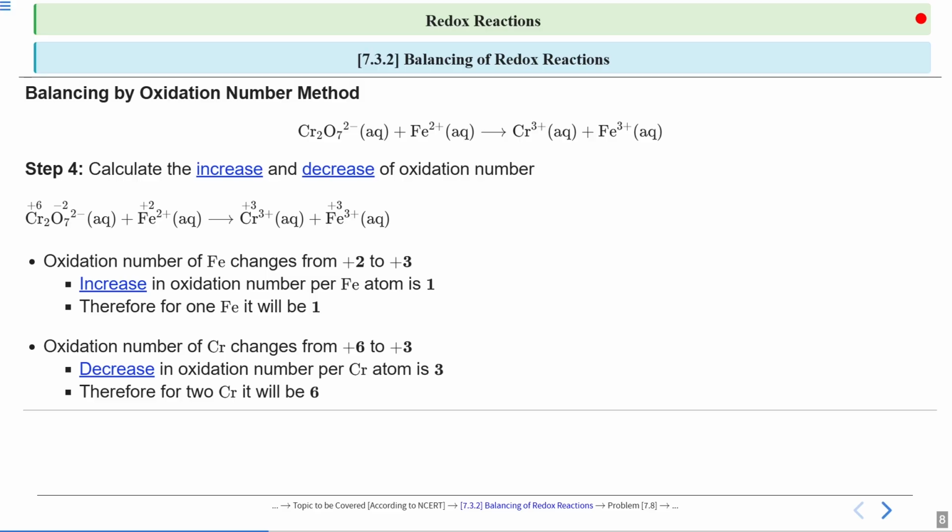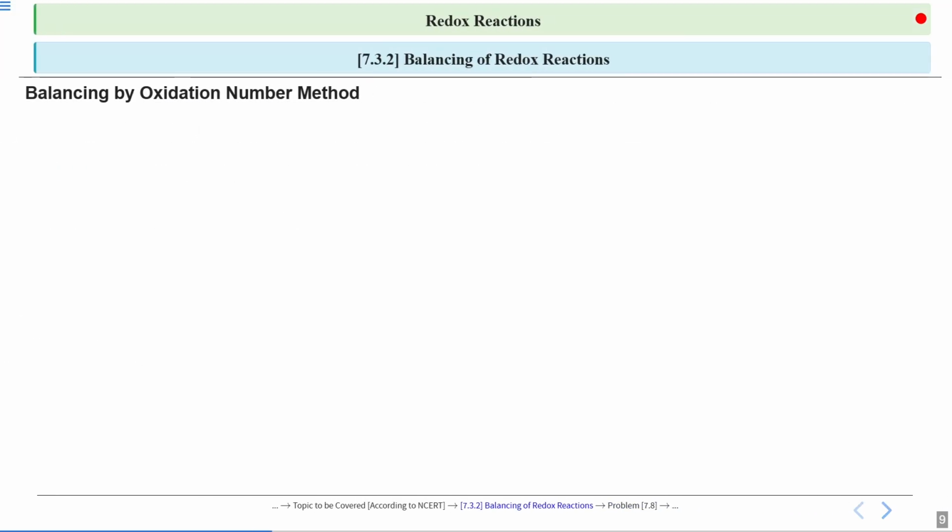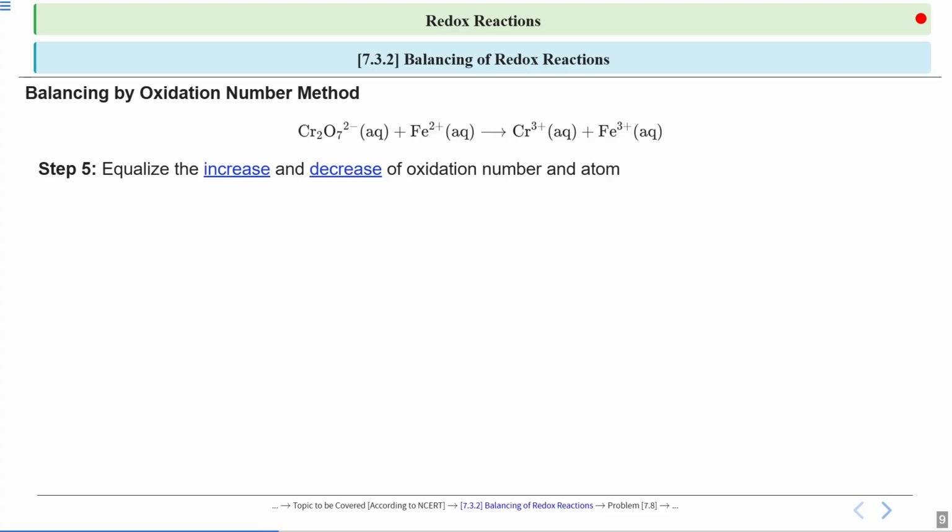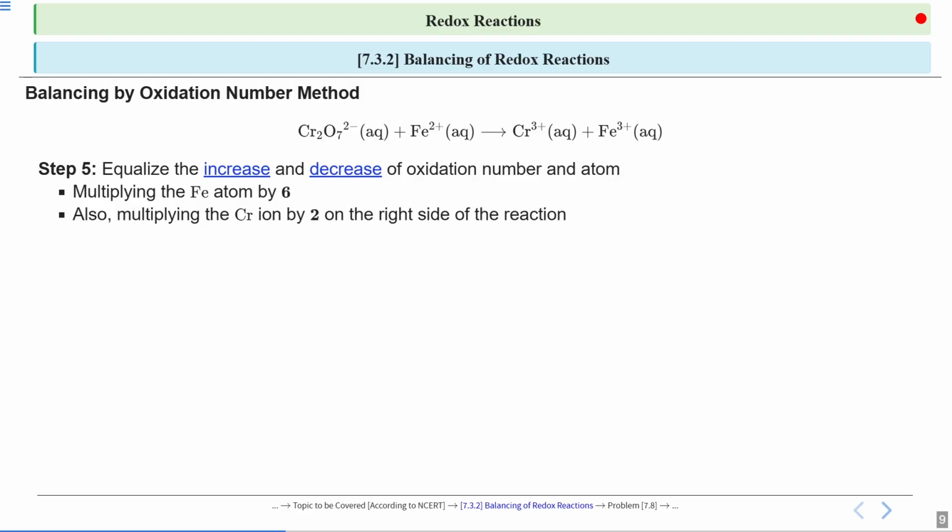Now, for this reaction, step 5 would be to equalize the increase and decrease of oxidation number and atoms. How can we equalize this increase and decrease? As we have calculated the oxidation number, and we have also calculated how much it has increased or decreased, here we multiply the iron atom by 6 and also multiply the chromium ion by 2 on the right hand side of the reaction, we can write it as